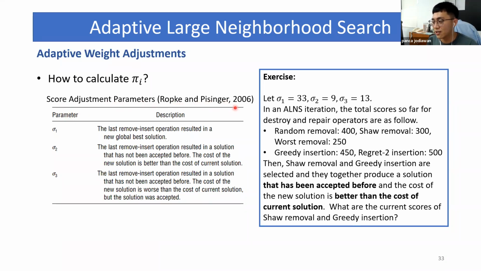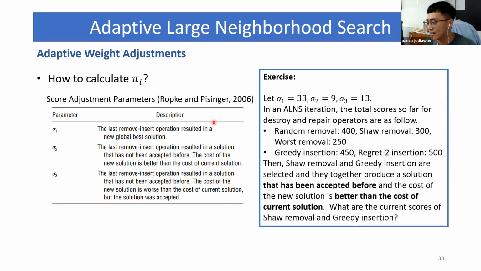Okay, so the main part is it has been accepted before, but in several papers, don't be surprised, including one of my papers, I do not consider this one. So as long as the solution is better than the cost of the current solution, then I will apply sigma 2, because the new solution is better than the cost of the current solution.